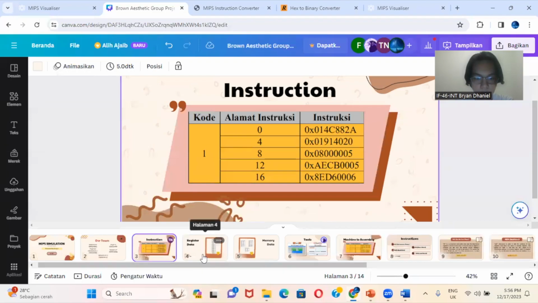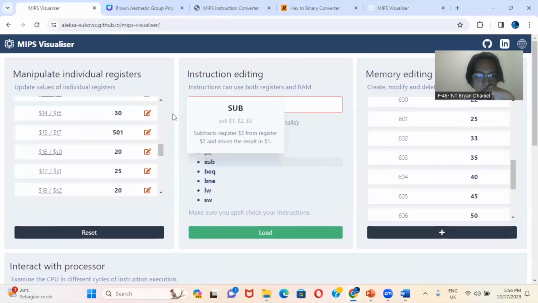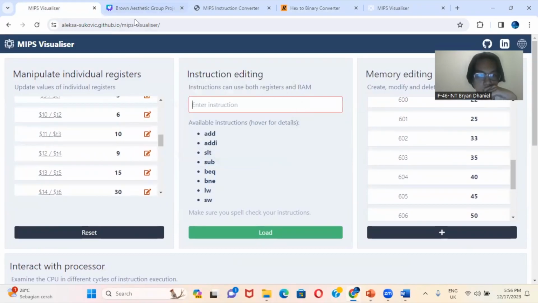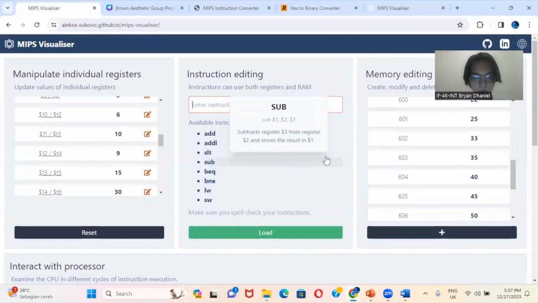And now for the visualizer, I'm using MIPS. In this MIPS tool, first we need to input the register data and memory data. I did it before the recording, so it won't take too long.